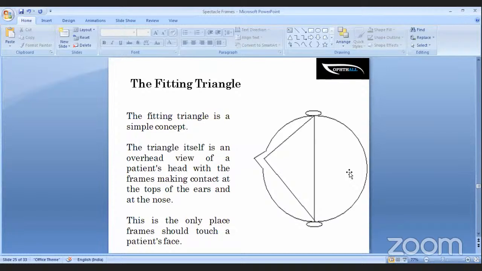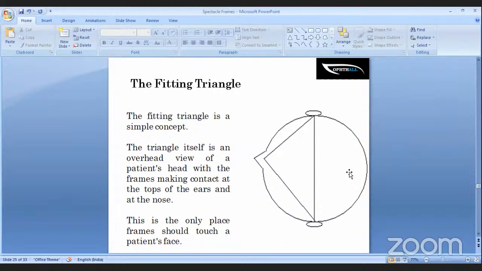Now, in order to understand the fitting of the frame on the user's face, we need to hypothetically understand a fitting triangle. It is an imaginary drawing when somebody is wearing the spectacle, and if you look at the user from the top of the head, you will notice that an ideal spectacle frame should fit in such a manner